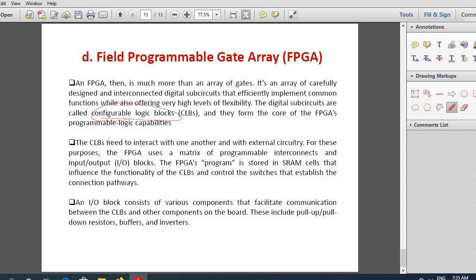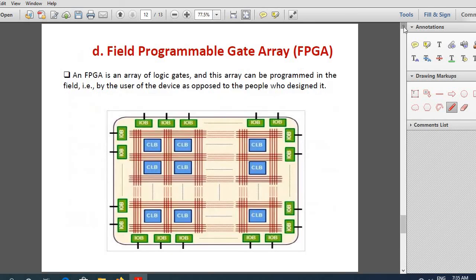Now, for connecting the CLBs to the external world, it needs to be connected to the external circuitry. For this purpose, you are using the input-output blocks. Look here. Here you are having input-output blocks. So these are to connect all these CLBs to the external. This will be used in particular in big circuits. So this output should be given to some other circuits. So for that, you are using this input-output block. Inside this, it may be an AND gate. Inside this, it may be a half adder, and so on.